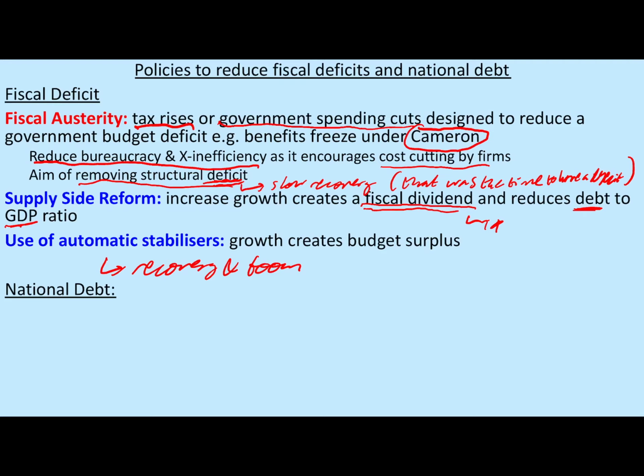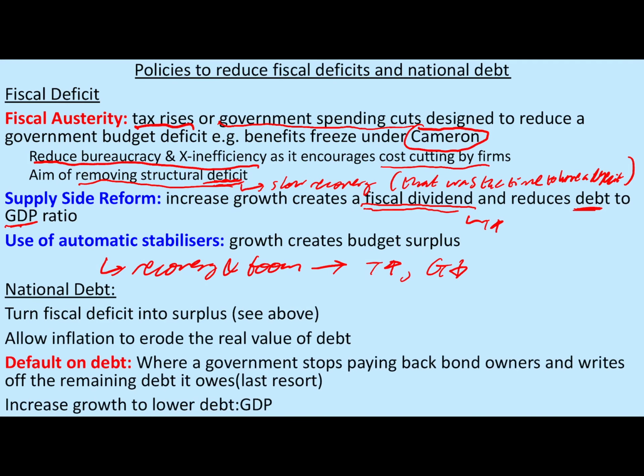Our economic growth leads to higher levels of tax revenue and lower levels of G, thus cutting the size of any fiscal deficit. Policies then to reduce national debt. We can try and turn our fiscal deficit into a surplus. See the policies above to reduce fiscal deficit, because with